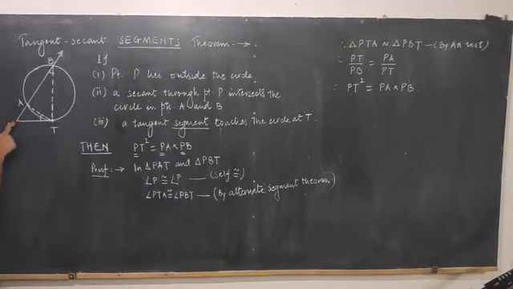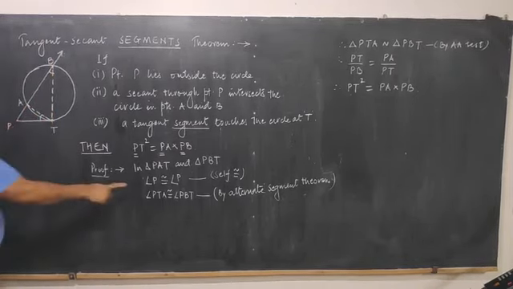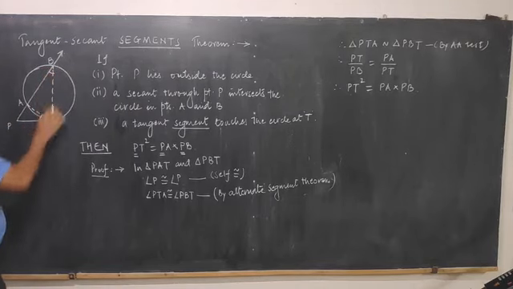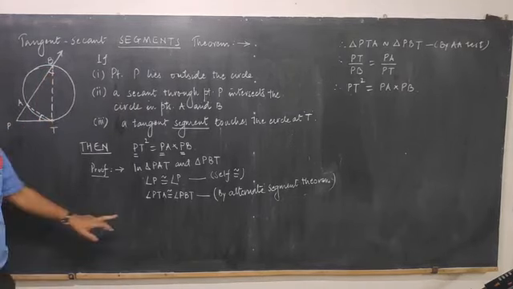It is the angle of triangle PAT. It is also the angle of triangle PBT. Okay, so angle P is congruent to angle P. Angle PTA of the smaller triangle is congruent to angle PBT of the larger triangle. PTA, this angle, is congruent to angle PBT. What is the reason? Tangent secant theorem.